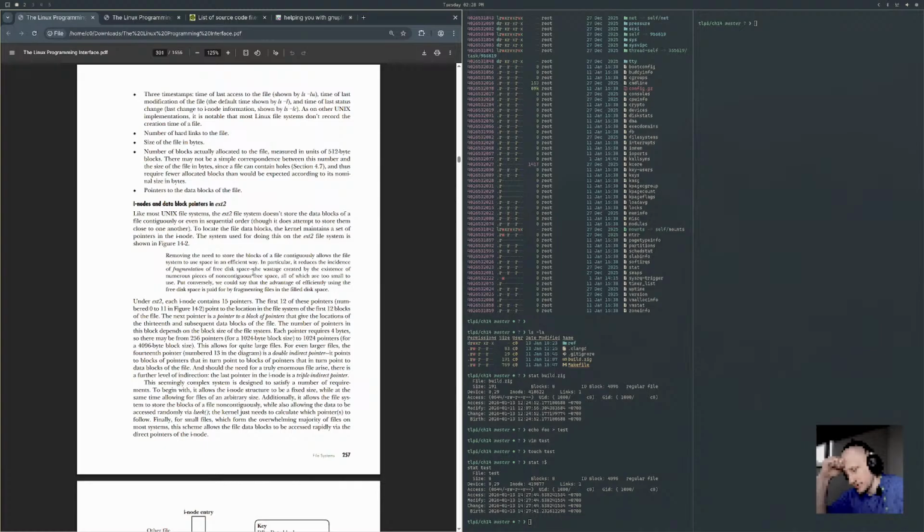Number of hard links to the file. Size of the file in bytes.